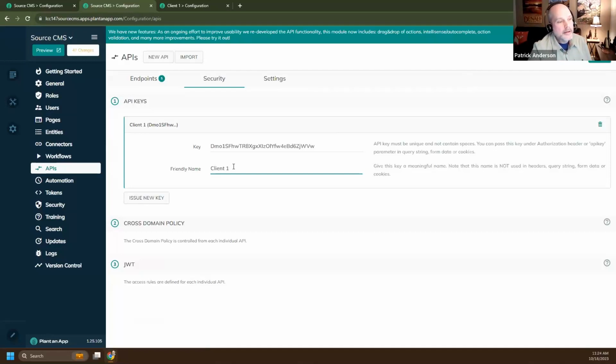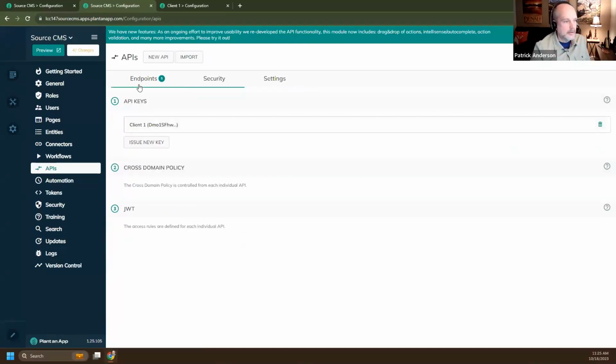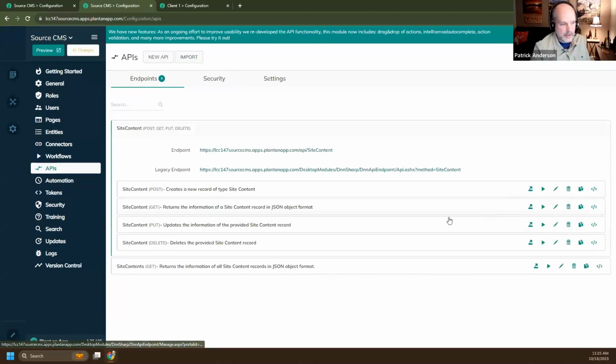For those of you who aren't aware, and we will probably look at this in a future episode, when you do your friendly name and a key and create this key, there's a table where access to the API based on these keys is stored, so we can know anytime the API was actually accessed with this specific key. So this is kind of good, so we'd actually be able to track how often client 1 is accessing the data. All right, so I'm going to save that and go back to endpoints, and once again go into edit